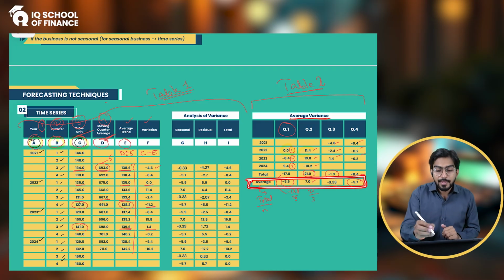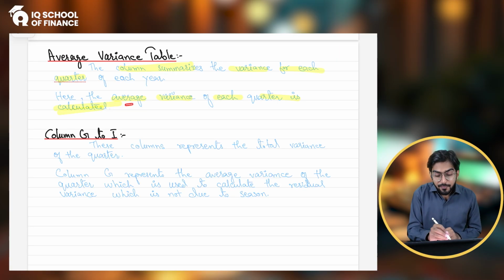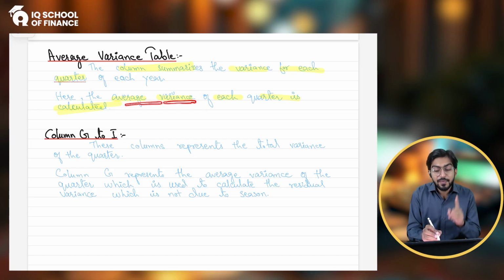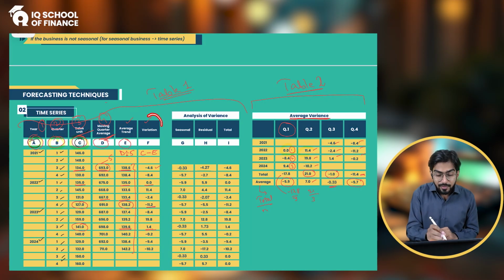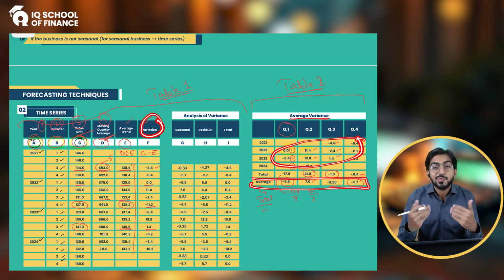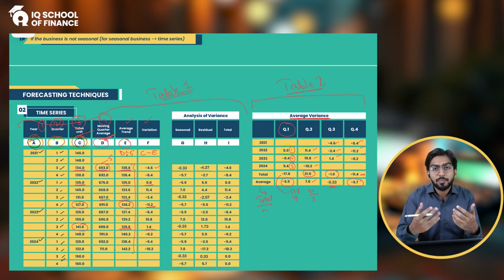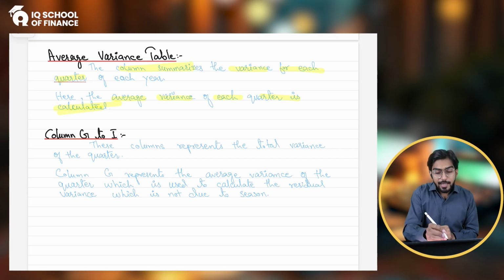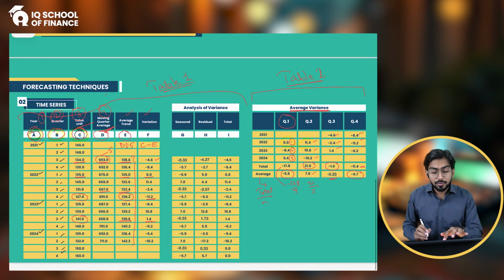See, these are all variations, and we have calculated the average of the variation. Again, you will not be required to explain this in the exam, but I am explaining it to make things easy for you. In the exam you do not need to tell the science behind them; you just have to say in narration form what you have done, the way we have done. Next, we have now